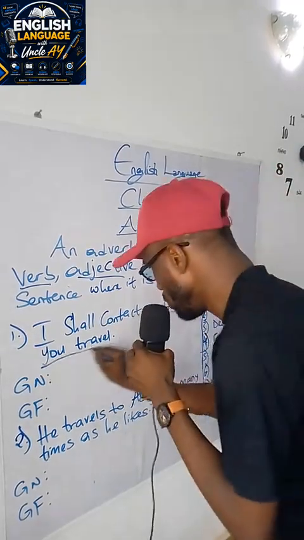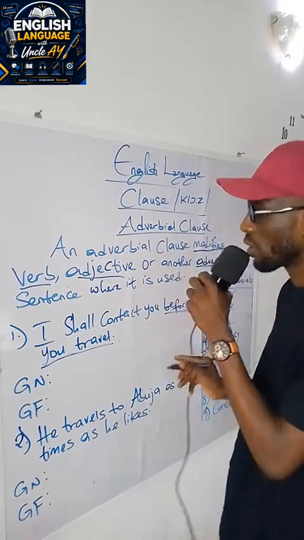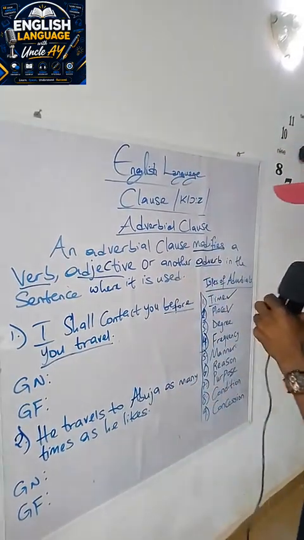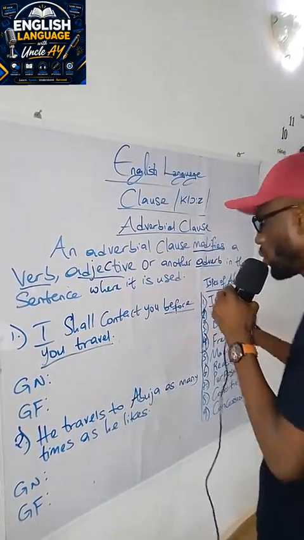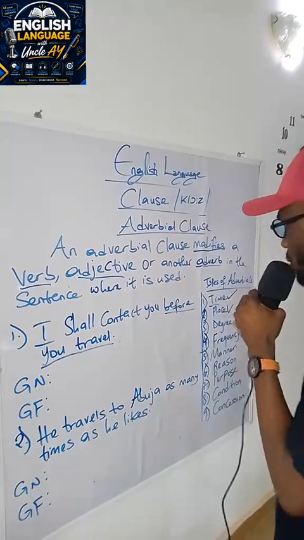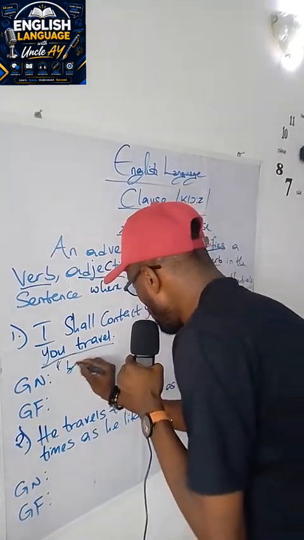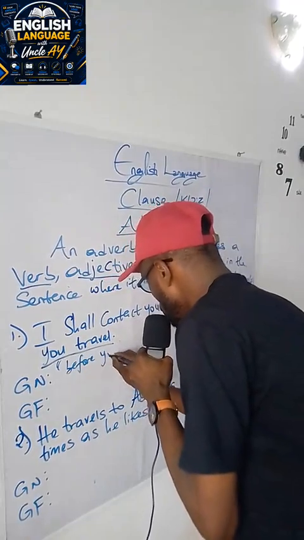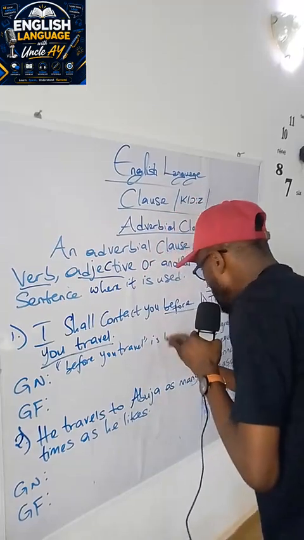Before you travel. Of course, it has to possess a finite verb. Don't forget that we're still looking at clause, and that's the definition of a clause. A clause possesses a finite verb. So "before you travel" is the grammatical name. So how do we put it down here? As usual, it becomes "before you travel," end of quote, is the